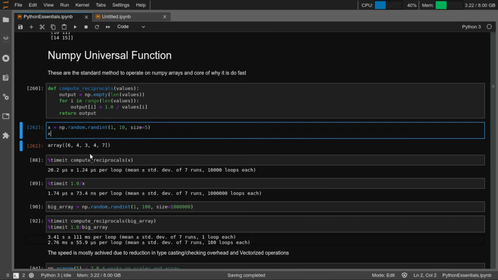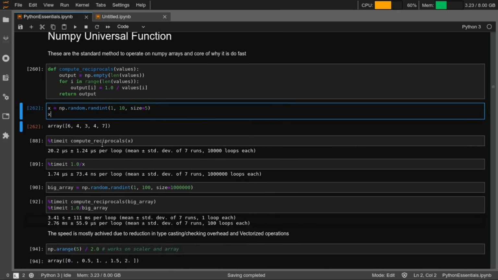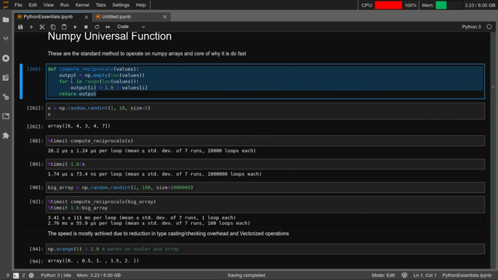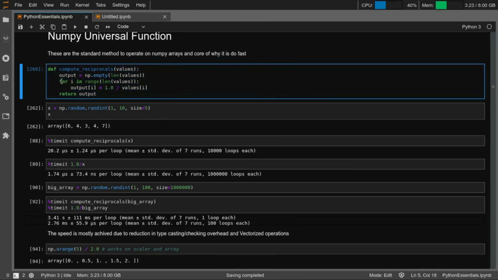And it will have 5 elements. What we want to do is calculate the reciprocals of all of these elements, right? So one thing that you can do is go through this array one by one and calculate the reciprocals, right? So that is what this function is doing, compute_reciprocals. It is looping through the elements in that array and computing the reciprocals, right?